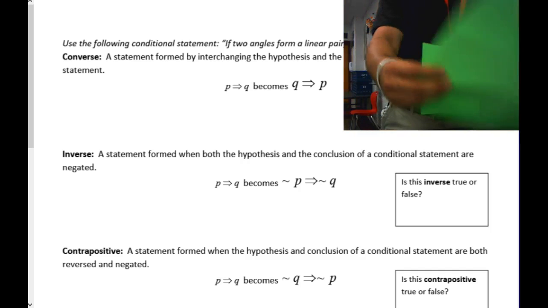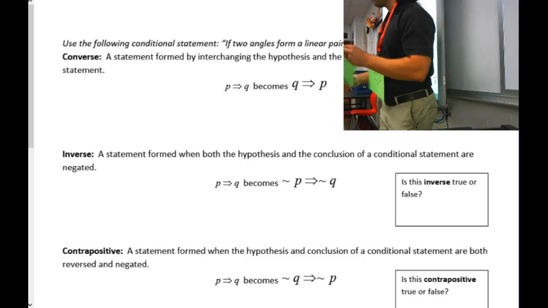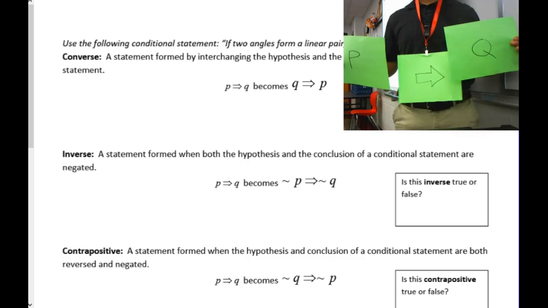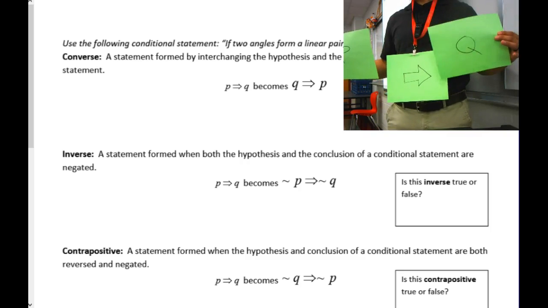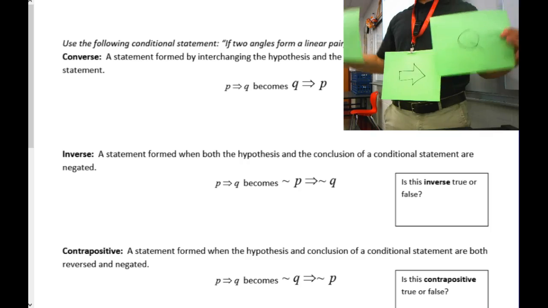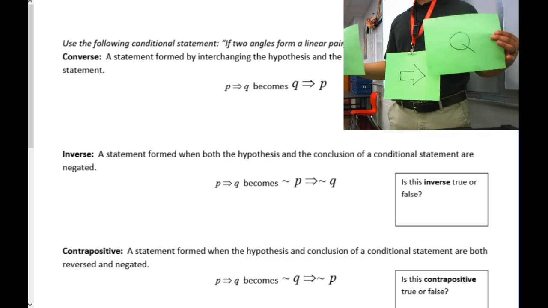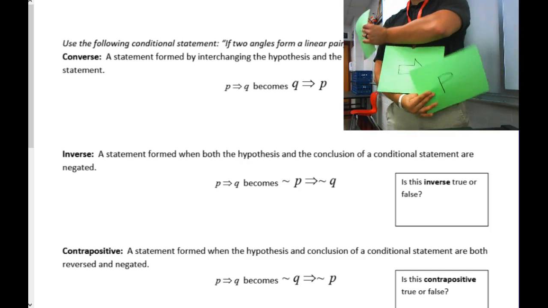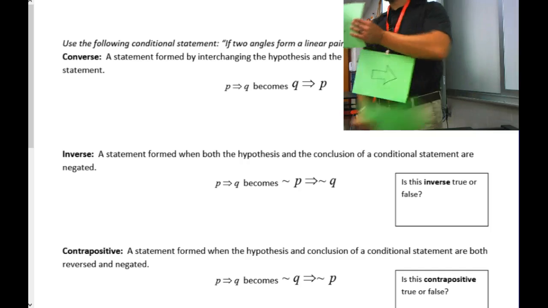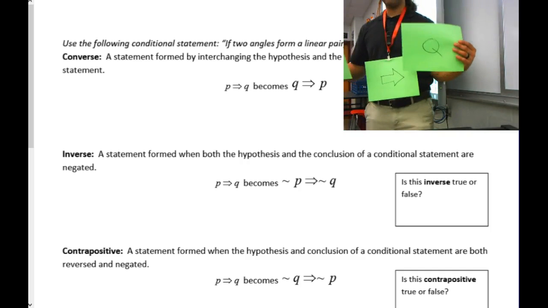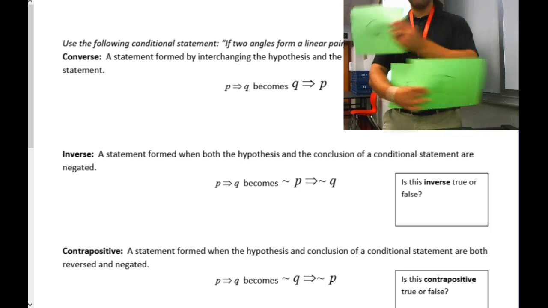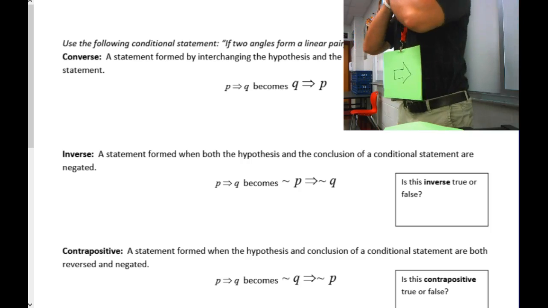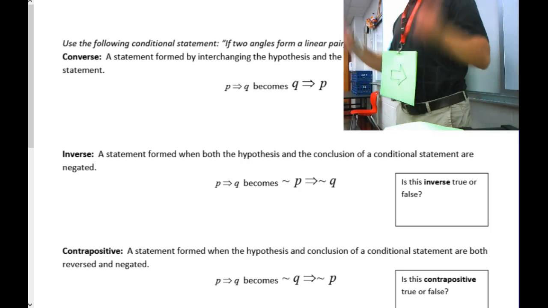By the way, check out, I got cool stuff, right? So I'm going to start off with P and Q. P arrow Q. This is a conditional statement. So what do I do with the converse? I switch them. So now it's Q arrow P. Okay? So again, P and Q switch spots. Just switch the order. Okay?